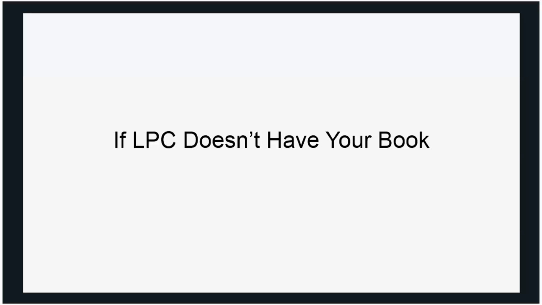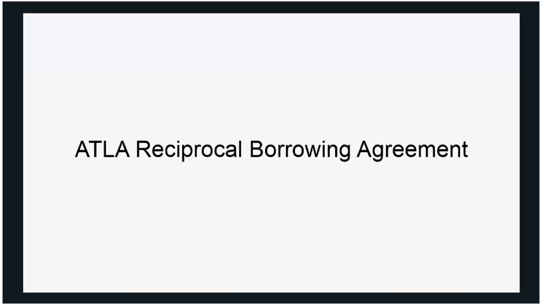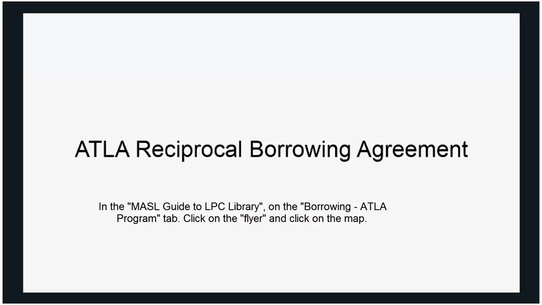The second is actually using another library. So we're going to talk about the ATLA Reciprocal Borrowing Agreement. This borrowing agreement is an agreement between about 50 Christian colleges and seminaries that allows enrolled students in good standing to borrow from one another. In that MASL LibGuide, there was a tab called Borrowing ATLA Program. Look that up, look at the map, and you'll see if there's a school near you,